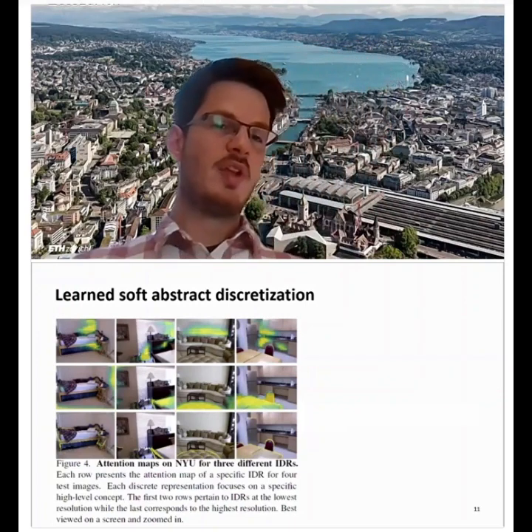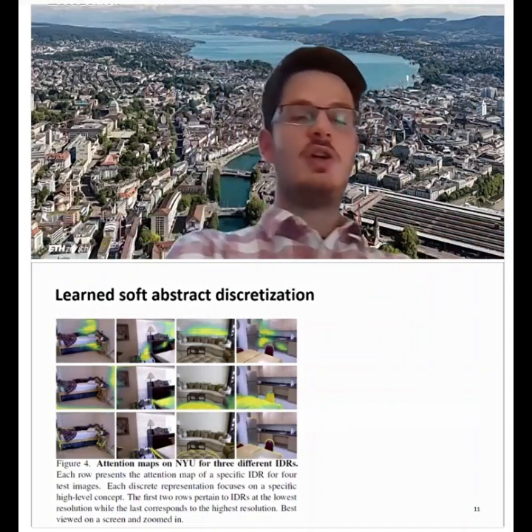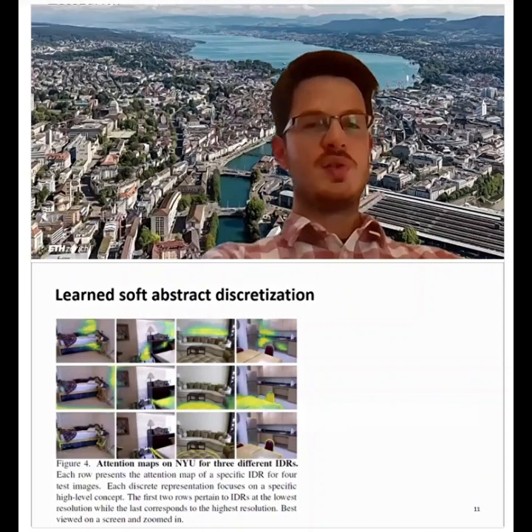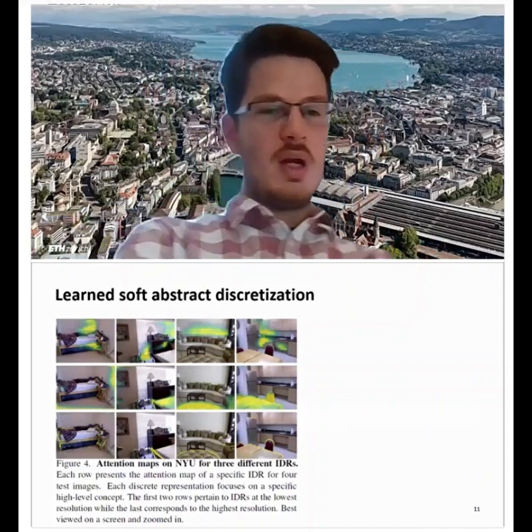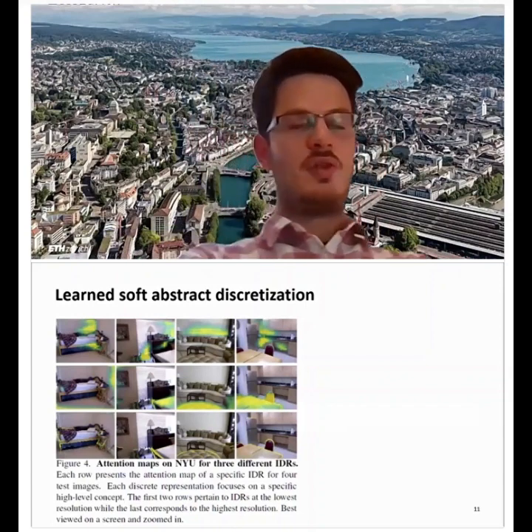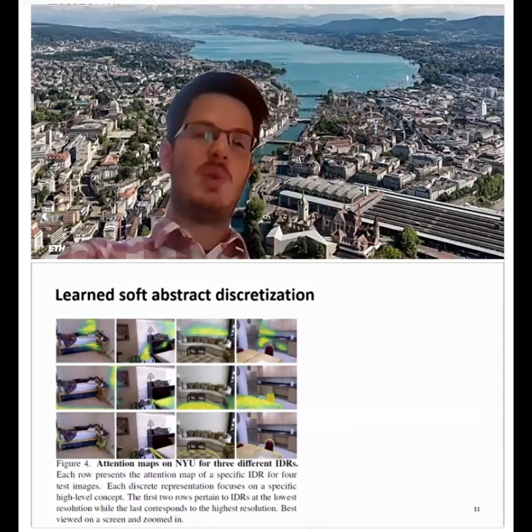And I promised you before that we can visualize what these internal discrete representations are assigned to in terms of concepts. So we see here, each row of the figure corresponds to a different token in our transposed cross-attention, so a different query.